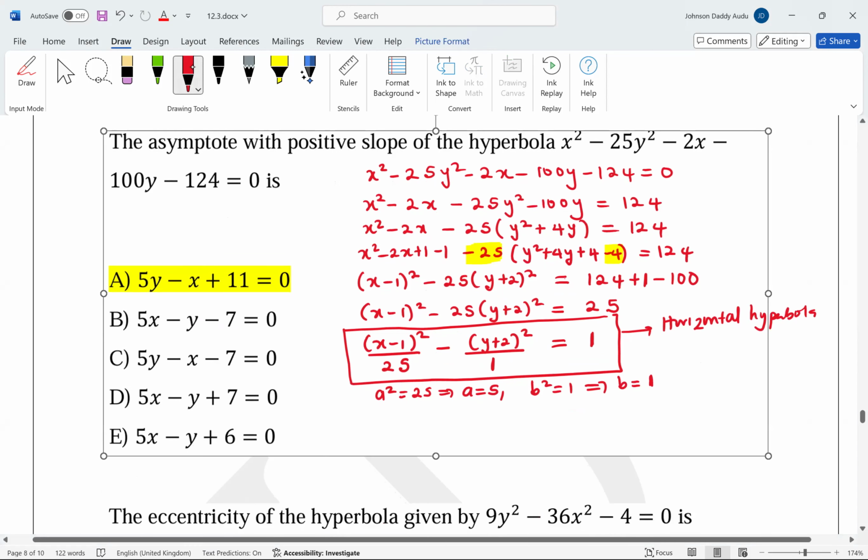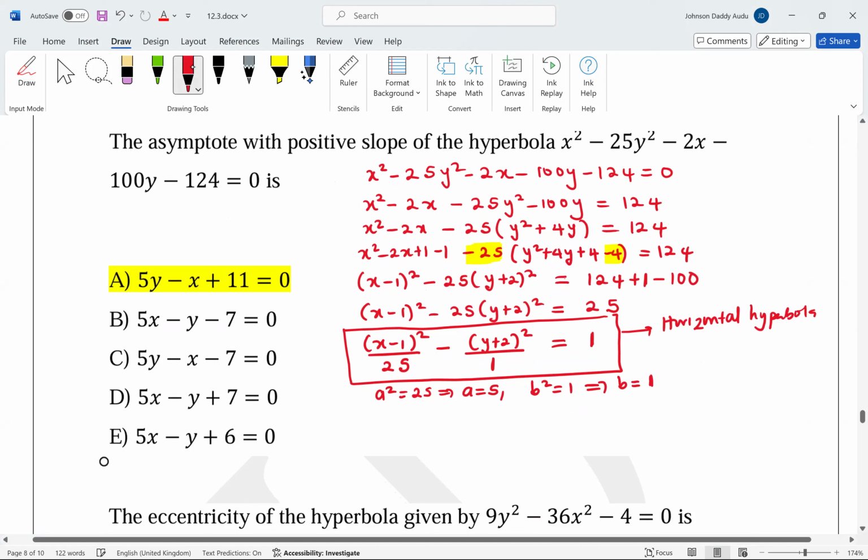Now, we can find the asymptotes. What will be the asymptotes? We have to rely on the formula. That is why we say it is very important for you to know the type that you are dealing with. Once you know the type, then you will know the right formula to use. So since you're dealing with a horizontal hyperbola, because the positive is associated with the x,